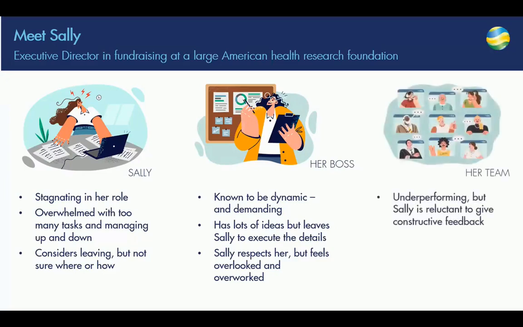Now, Sally's team was another situation. They were underperforming. They were needy. They wanted a lot of her time. They wanted to talk things over with her, and she was just sort of overwhelmed dealing with them. She was reluctant to give them constructive feedback. They had some openings on the team, and that was another reason why she was overworked, because she was covering for those openings. The morale was low, and she was worried that if she gave them constructive feedback, they were maybe going to leave.